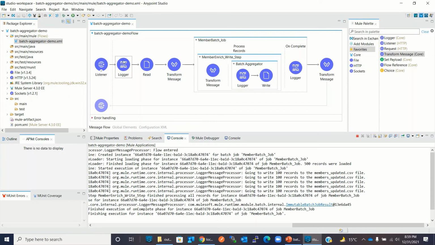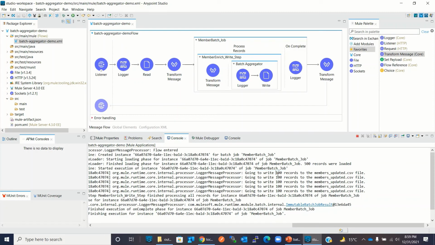So here flow entered that we wrote here in this logger, and then it's saying created instance, and then it loaded 500 records. Then it processed 500 records. So you can see that it's saying going to write 100 records. Because of batch aggregator, we are not writing single record at a time, we are writing 100 records, and 500 records we are writing with the help of batch aggregator.